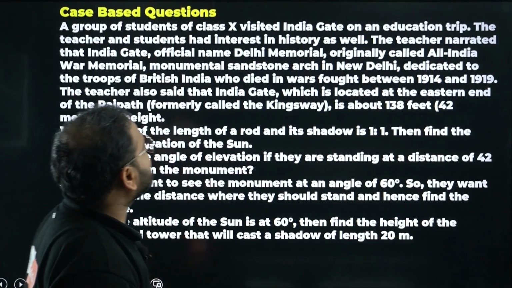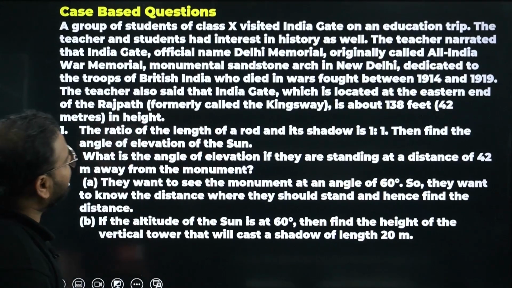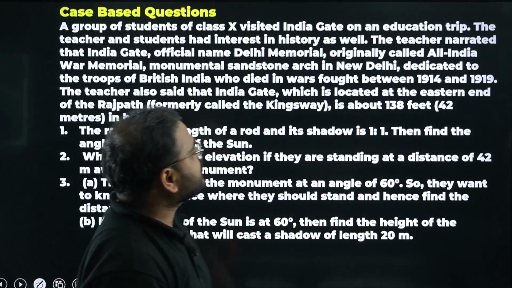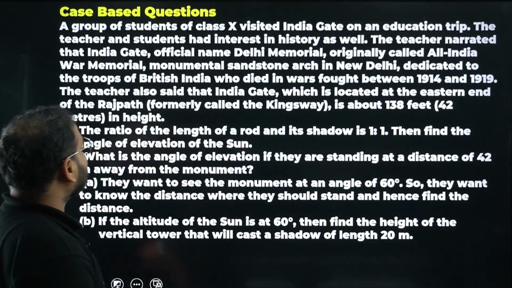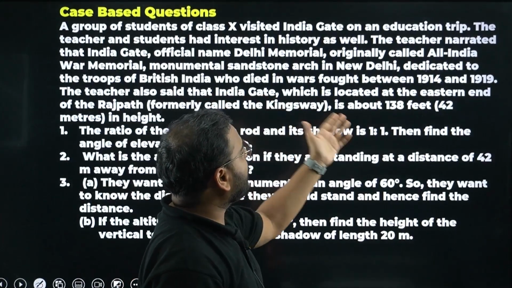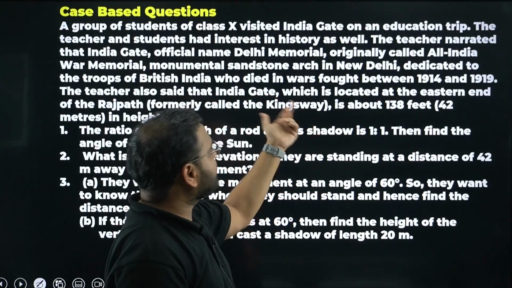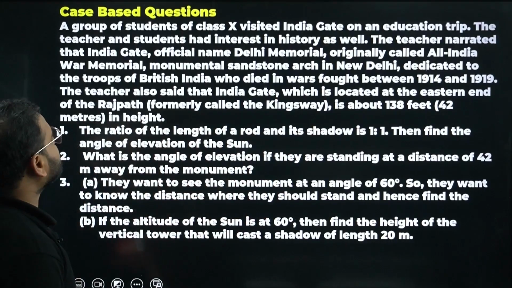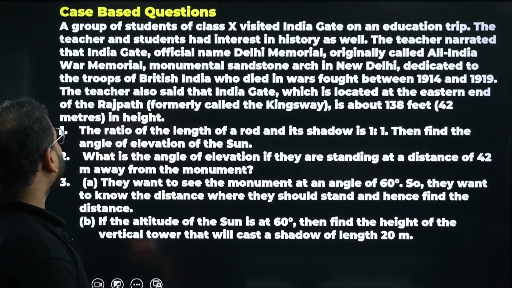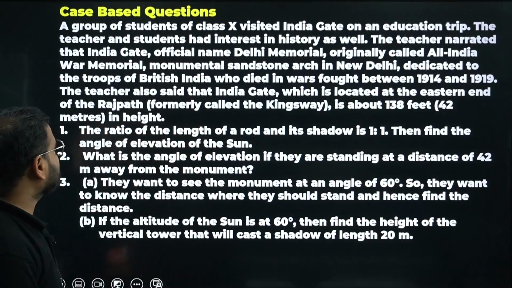A group of students of class 10 visited India Gate on an education trip. The teacher and students had interest in history as well. So far, no information for maths. The teacher narrated that India Gate, officially named Delhi Memorial, originally called All India War Memorial, a monumental sandstone arch in New Delhi, dedicated to the troops of British India who died in wars fought between 1914 and 1919. The teacher also said that India Gate, which is located at the eastern end of Rajpath, formerly called Kingsway, is about,